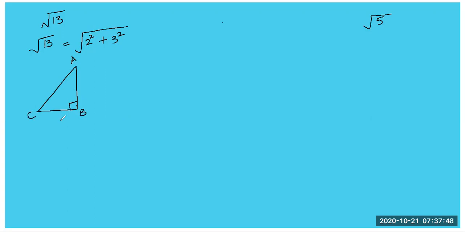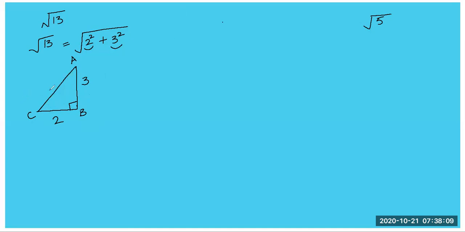I can take the base as, let's say, 2, and I can take the perpendicular AB as 3. Now, the hypotenuse AC will be given as